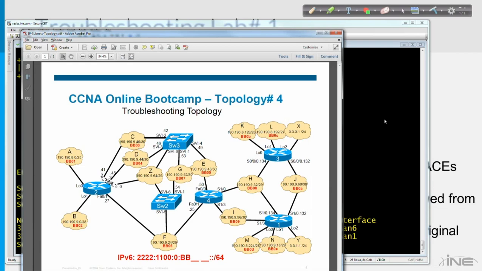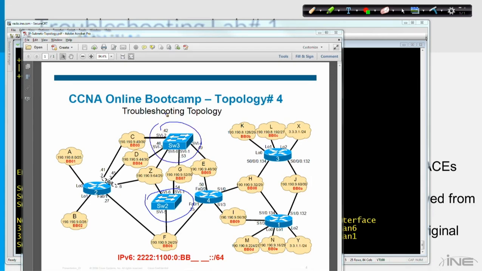So we could take this from one of two standpoints. We could either troubleshoot why switch 2 doesn't have a neighbor relationship, and or why switch 3 doesn't have a neighbor relationship. Okay, so let's start with switch 2. Just randomly, let's just pick him and figure out why he does not have an OSPF neighbor relationship with router 4. So switch 2. So if I don't have a neighbor relationship, the next thing that would come to my mind is, okay, well, in order for a neighbor relationship to even form in the first place,